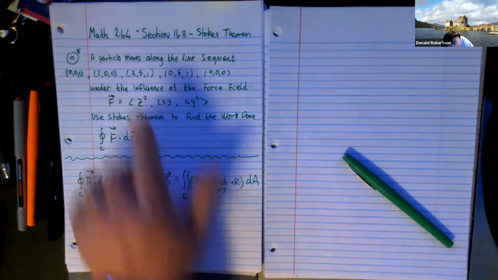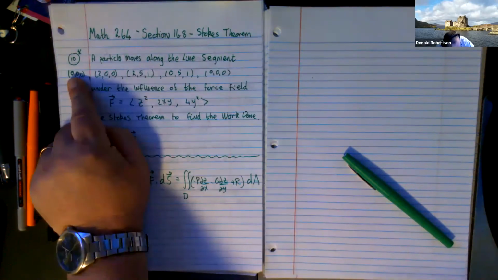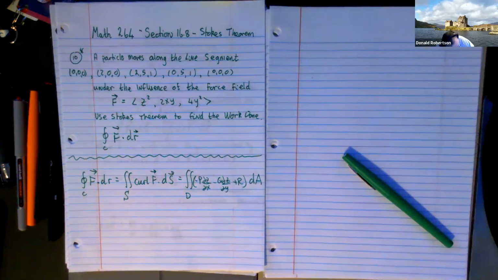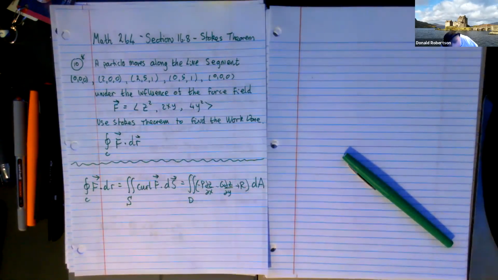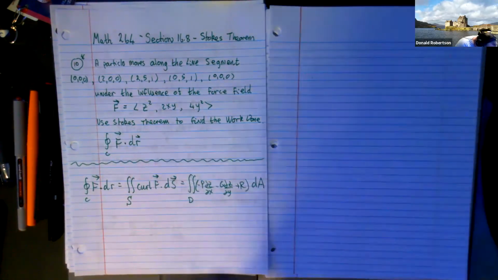And we have a particle that's moving along a line segment. It starts at the origin, it passes through these points and it ends up back there. It's under the influence of a force vector field. And we're going to use Stokes' theorem to find the work done. And the work done